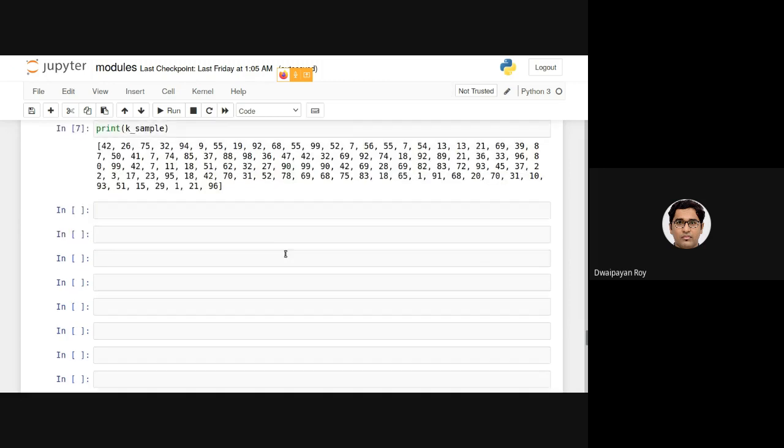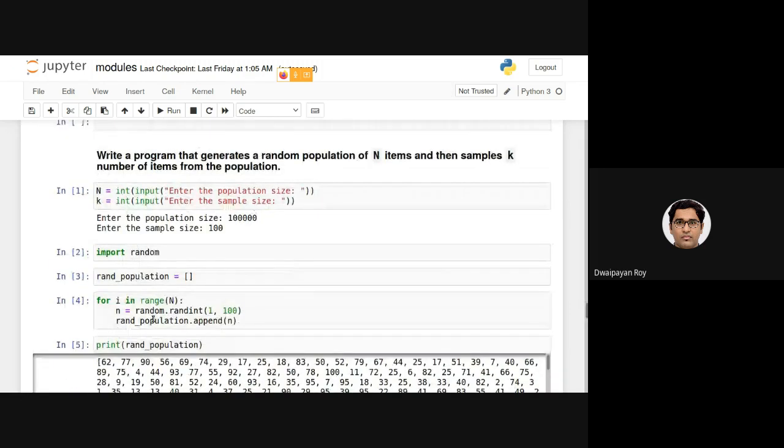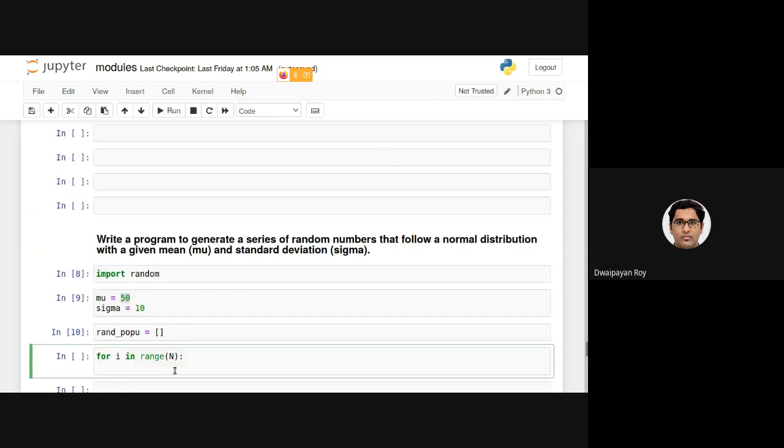So instead of randint, I'll be using normal variate: n equals random.normalvariate with two parameters, mu and sigma, and I will be appending that randomly generated number inside this rand population list.